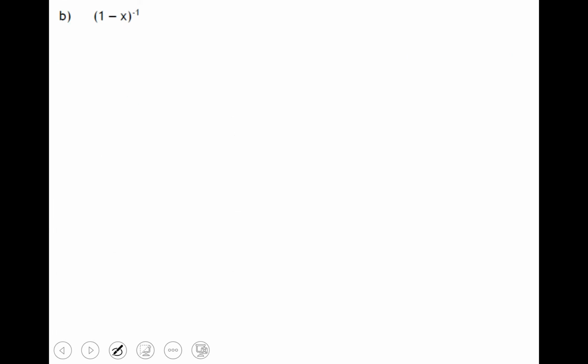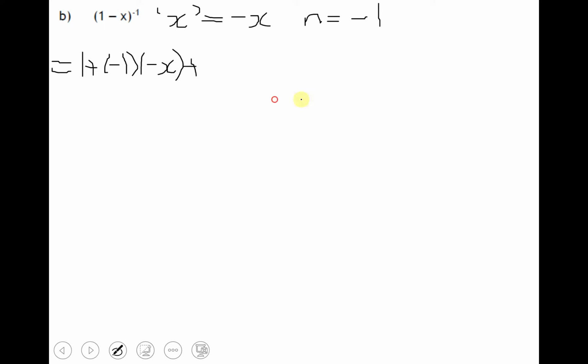Now in part B we're doing (1 - x)^(-1). In this case our x, so I like to put inverted commas, is minus x. So wherever x comes in the formula we're going to put minus x there instead. n is still equal to minus 1. And we use the same formula, so 1 plus nx becomes 1 plus minus 1 times minus x, plus minus 1 times 1 less than minus 1, minus 2, over 2 factorial, times (minus x) all squared